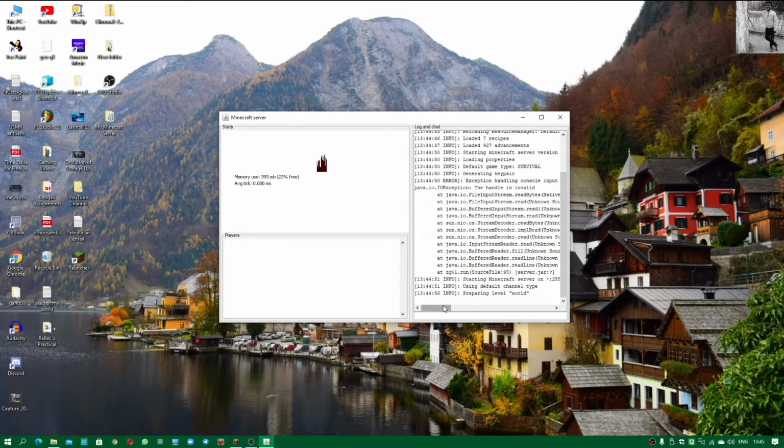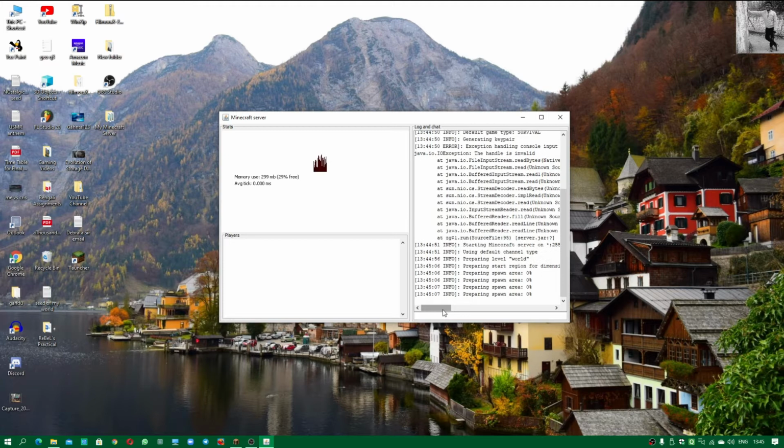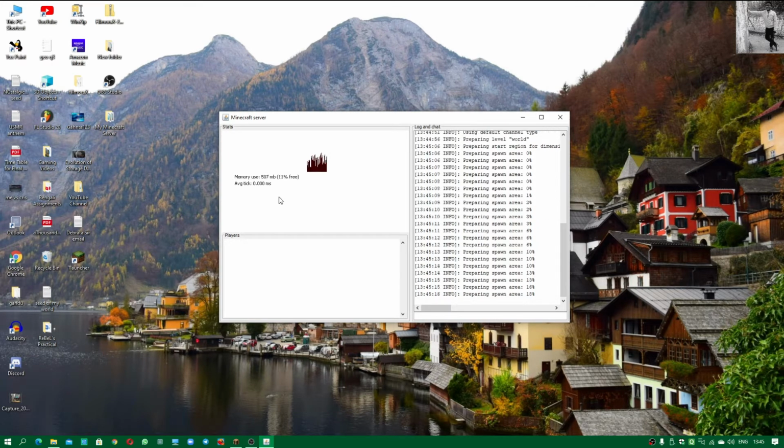But I would like to remind you of one small thing, that this server does not take much to load and it will take only a little bit of memory. So you need to have a good RAM and a good functioning computer in order to act as a server. Get it? So that's what I'm saying.